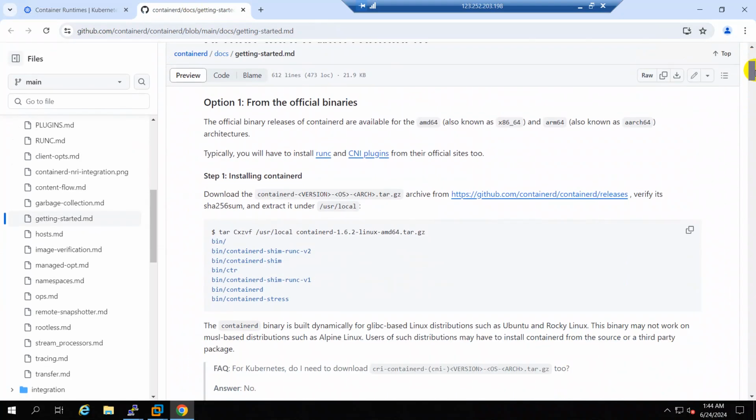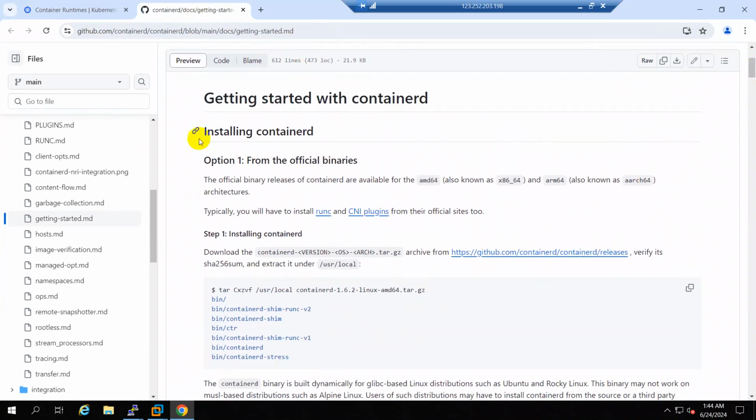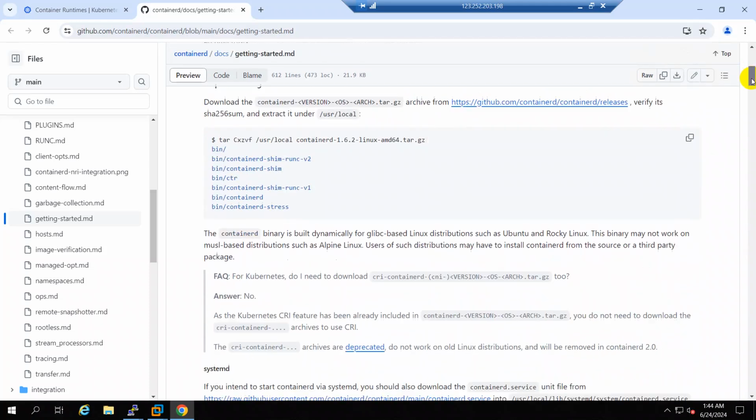You would be able to see that installing containerd from official binaries is also available. If you feel that the entire installation has to be done from the basic binaries, that is also available. However, this is quite an interesting method which people use in a production environment. However, we are doing it for a learning purpose, so there is a shortcut. What is the shortcut? If you scroll down a little bit,